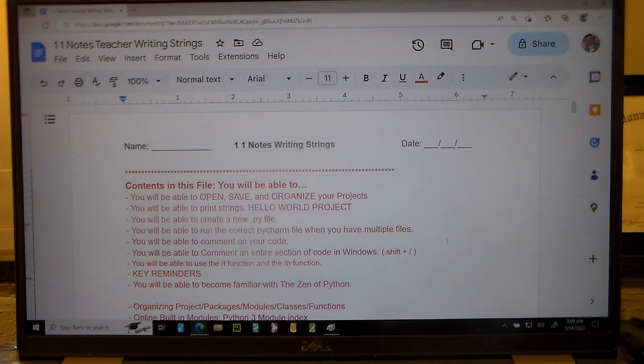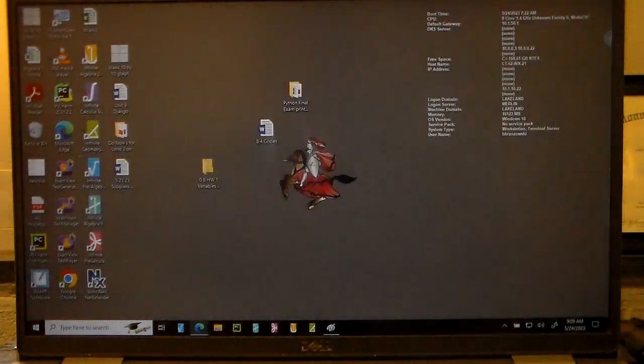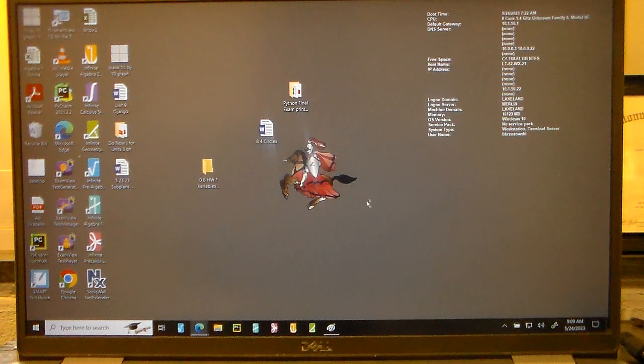You'll be able to comment on your code. You'll be able to comment on the entire section of code in Windows. And you'll be able to use the tab function and the new line functions. Alright, so let's get started. So first off,